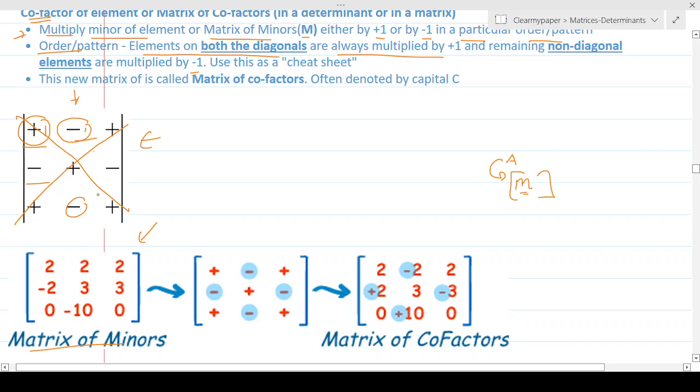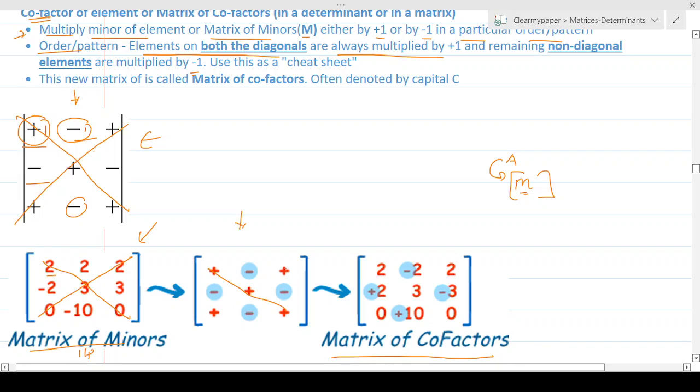You can follow this simple rule. Instead of remembering how to alternate the signs, you can just remember this rule. Here we are taking a matrix of minors as input. We are going to apply the logic of cofactors, or cofactor this whole matrix of minors, to give us a matrix of cofactors. In essence, for each of these position elements, we multiply by plus 1 or minus 1 based on the position. So all the diagonal elements, the principal diagonal as well as the second diagonal,